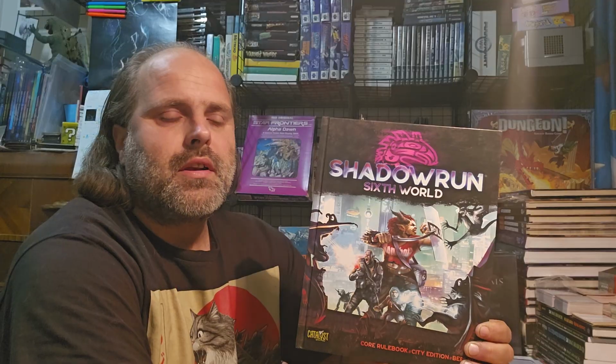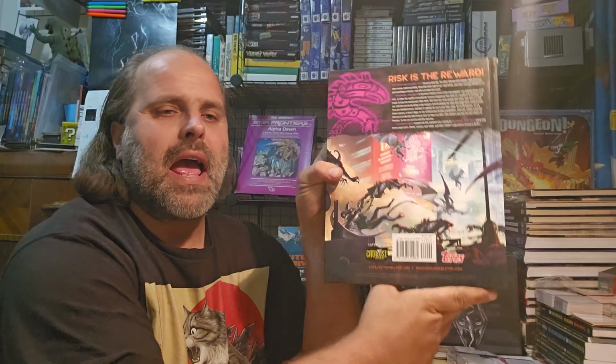From what I know, which I do not have the first one, the original core rulebook, that supposedly it was very poorly worded and organized, and people really hated it. As people used it, Catalyst Game Labs, the company that makes Shadowrun games, as well as Robotech, basically got feedback and they corrected stuff, which was in the second version, which I think is the core rulebook City Edition Seattle,